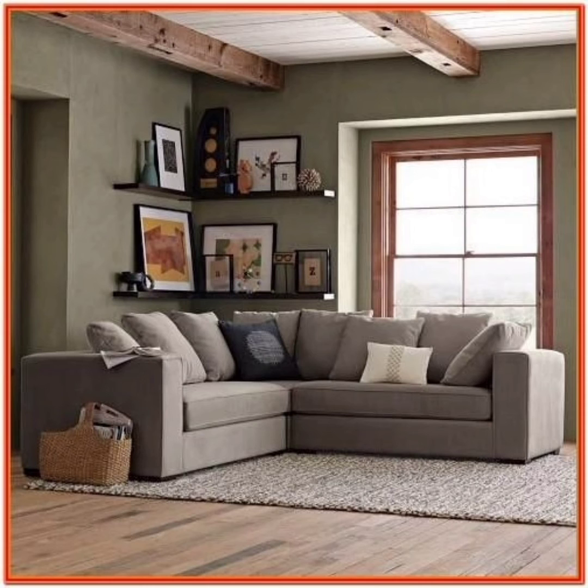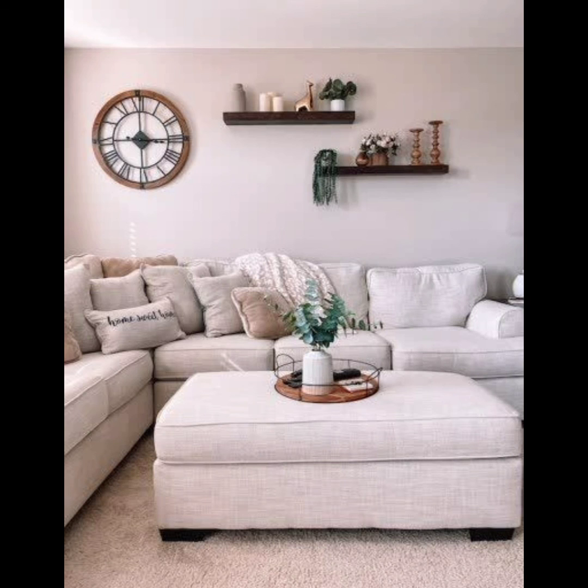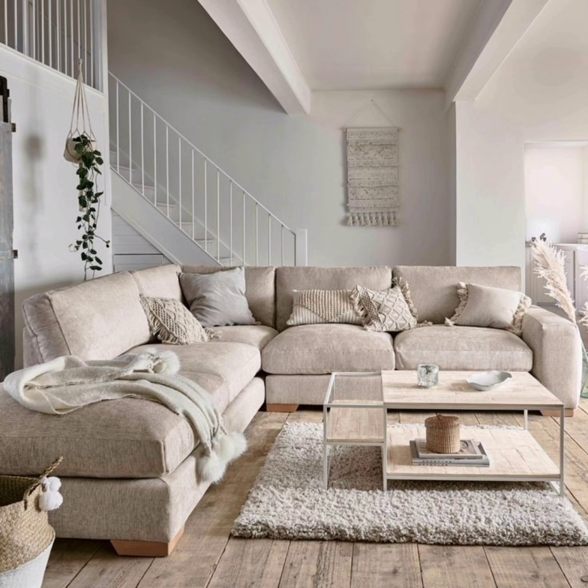Expect comprehensive room tours where we unveil stunning corner couch setups. They exemplify different design philosophies from minimalist elegance to bohemian charm. We will help you navigate